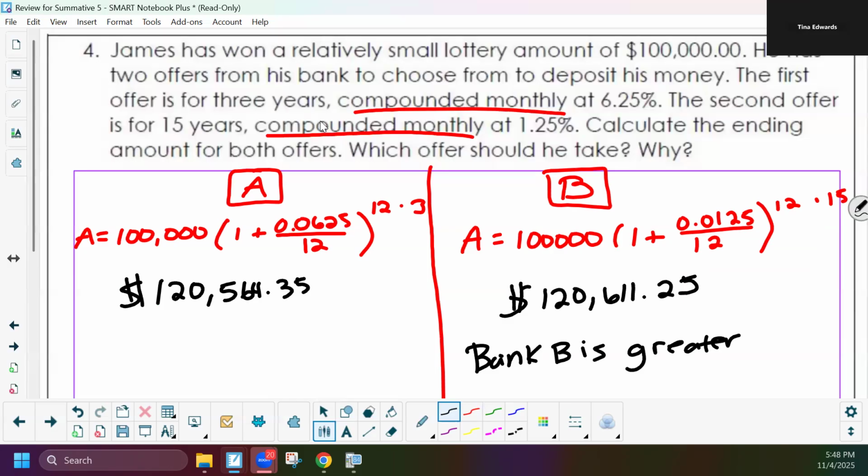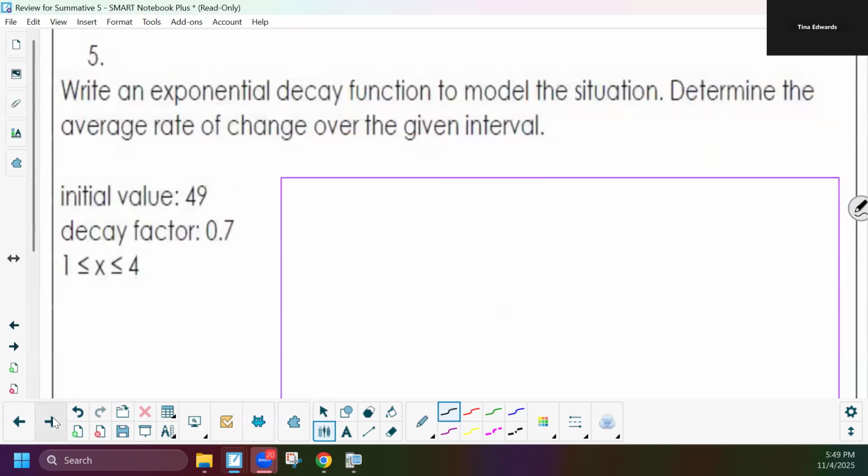All right, we got a couple more to go, so let's keep on going. Write an exponential decay function to model this situation. They tell us the initial value, they tell us the decay factor, and they give us from when x is between 1 and 4. So let's set up the equation, and then we're going to figure out the rate of change, which is the slope between those points. So if I'm writing a function, f of x, my initial value is 49,